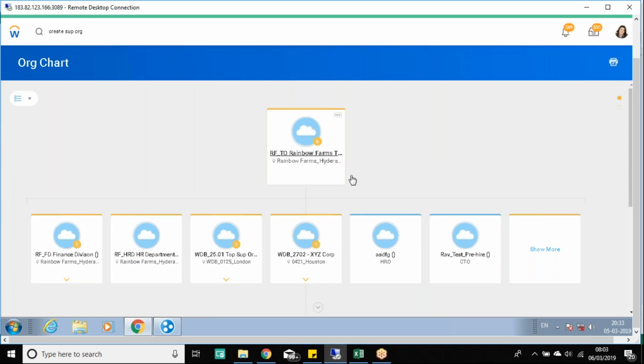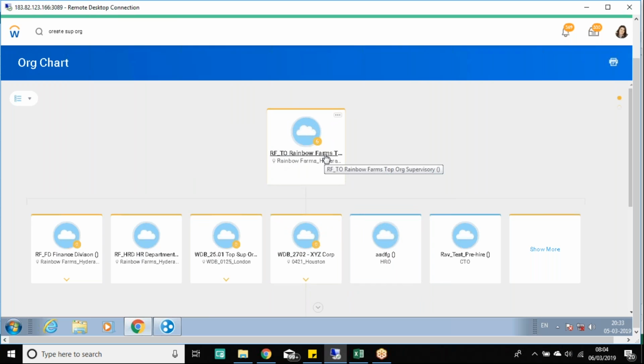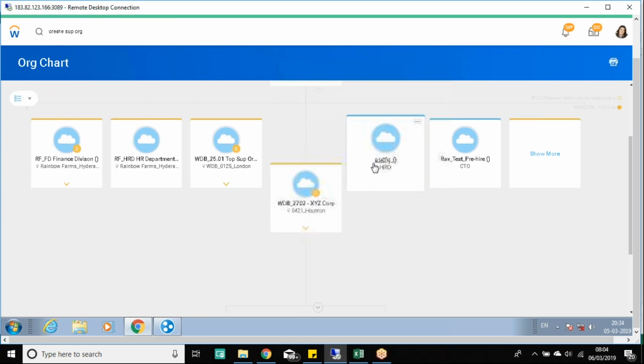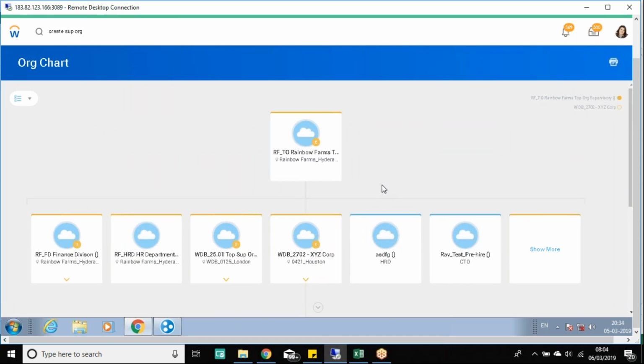And how did that happen? Because I had assigned a superior to the XYZ Corp, and the superior I had assigned was my Rainbow Farms top org, right? So we looked at three reorganization options. We looked at create subordinate, we looked at divide organization, and this is the third option. Now I could also use the same option. Let's say I don't want to assign Rainbow Farms top org supervisory as the superior. I want to assign it to finance division or maybe HR division, right? I can use the same task,